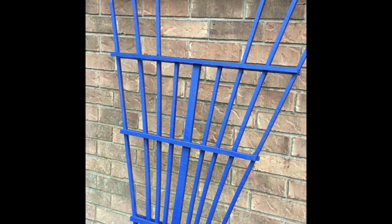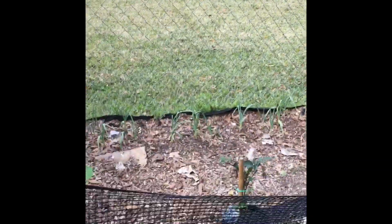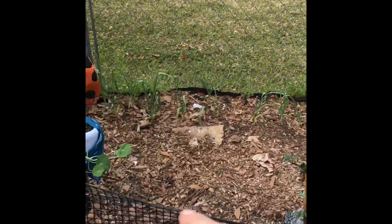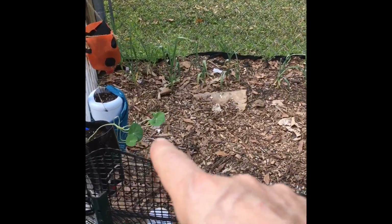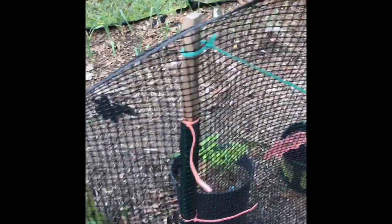It was that terracotta before. This is a garlic bed, and I have some things that I'm going to put into the ground soon. This is grapevine, this is grapes. My blueberry I already have in the ground,